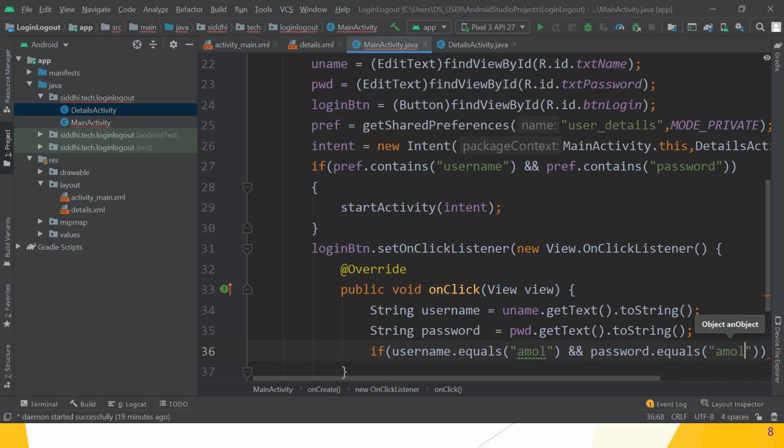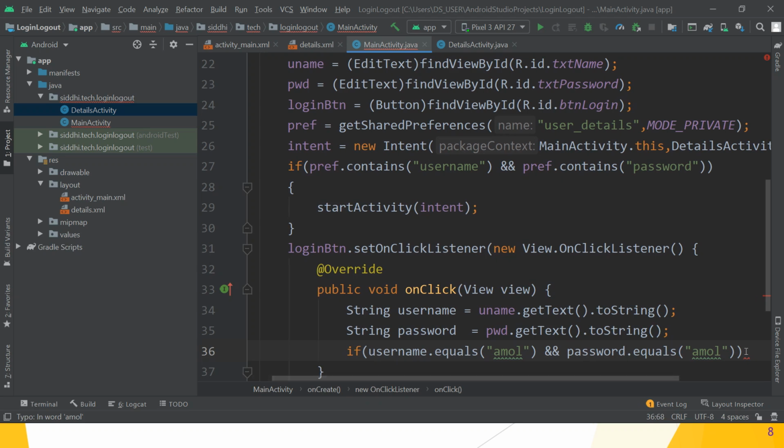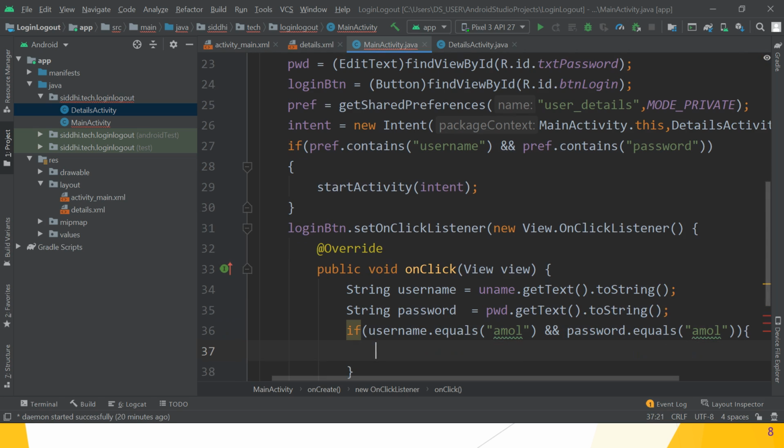So username is Amol and password is also Amol. If we write username as Amol and password as Amol in the edit text in activity_main.xml, and if it is correct, then what we have to do?